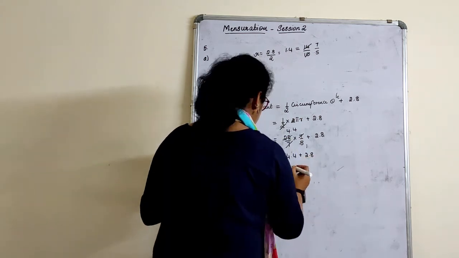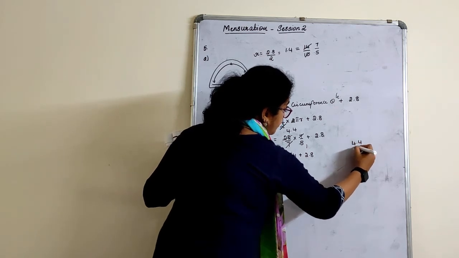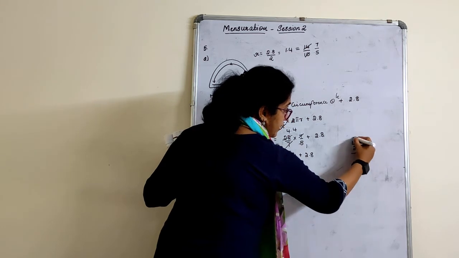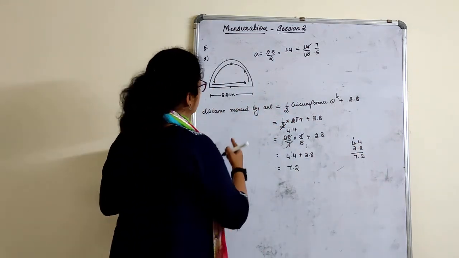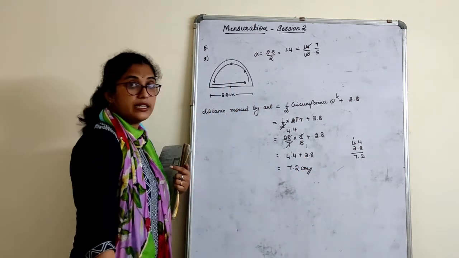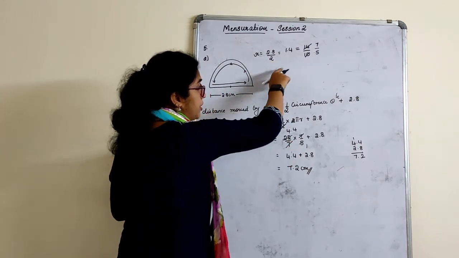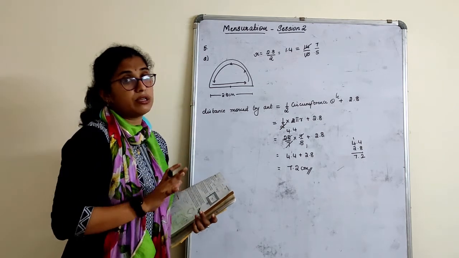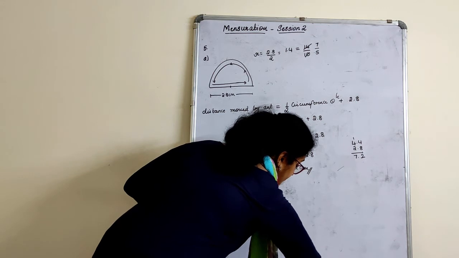2.8. Answer is 7.2. 4.4 plus 2.8. 8 plus 4 is 12, 4, 5, 6, 7. Like this calculation. Centimeter. Very clear in calculation. See, I made it very simple. You can take 1.4. But if you want the calculation to be much simpler, always try to keep that in fraction. We do the next two quickly.